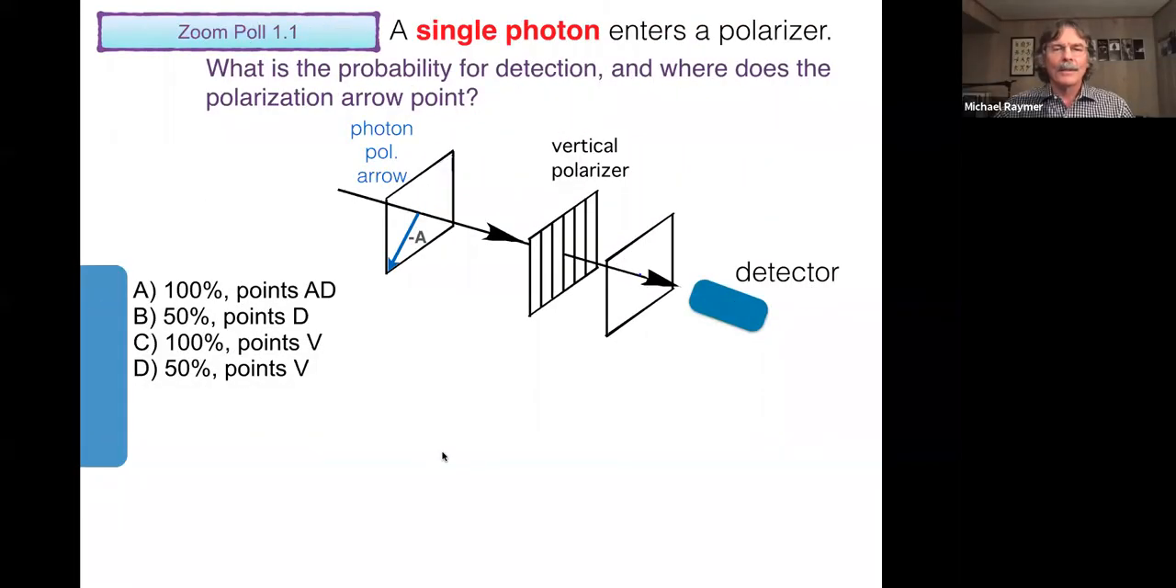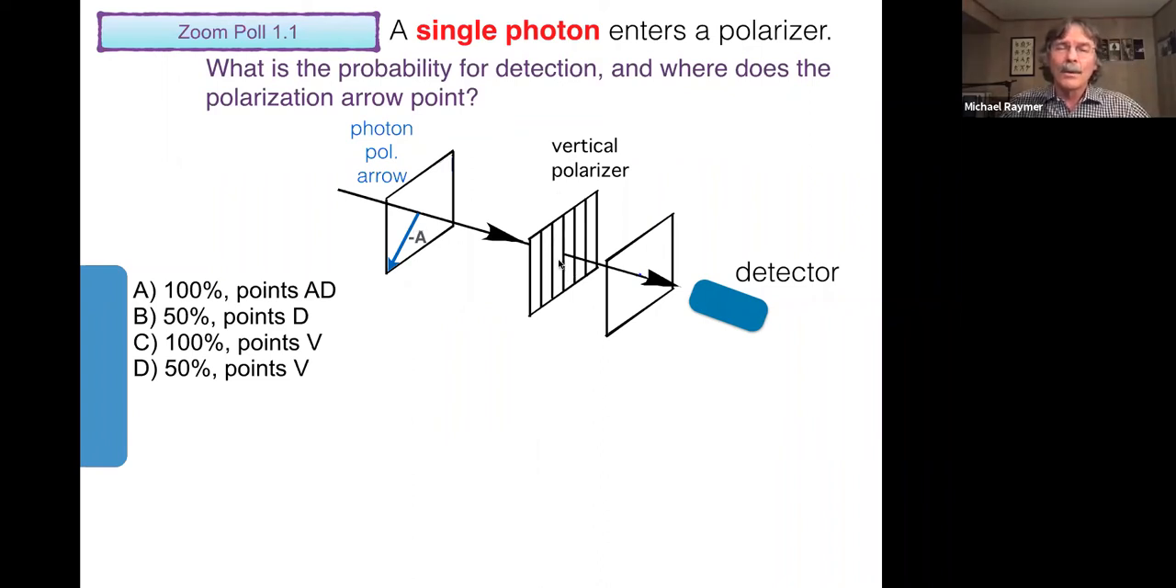Okay, I'll share the results. And we're seeing that most people believe that it is D, which says that 50% transmits and the polarization will be vertical, which corresponds to the polarization axis. A few people thought that 100% of the light would go through this polarizer, but that's not correct,